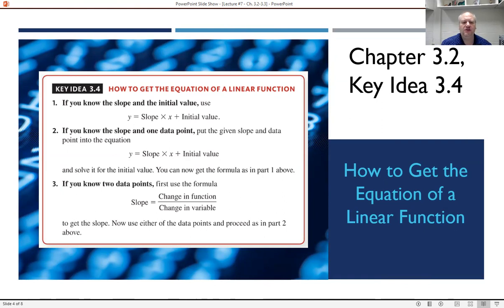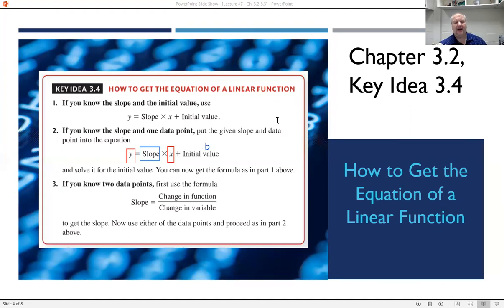For number 2, it says, if you know the slope and one data point, put the slope and data point together into this equation and solve it for the initial value. Now, what they're trying to say there, friends, is if you know a point, say you know that the point is 2, 5, and you also know the slope. If you're in a position like that, you're already kind of halfway there, because if you take that point 2, 5 and put the 2 here where the X is, and put the 5 here where the Y is, and then go and put the slope in, what they told you the slope was, put that right here and solve it, what will happen is right here, the initial value, which if you remember from your formula is just B anyway, you'll be able to solve for B